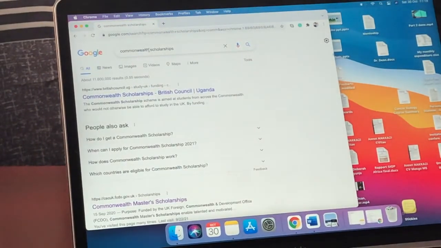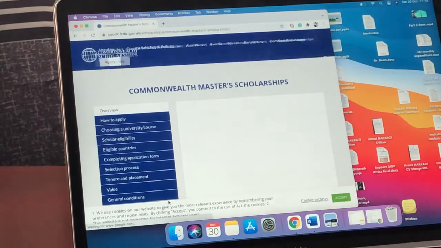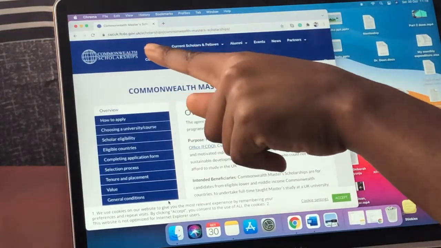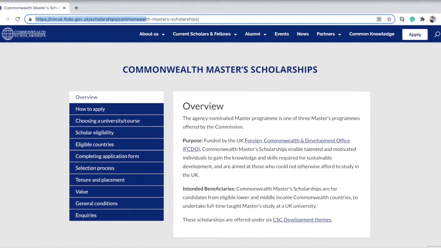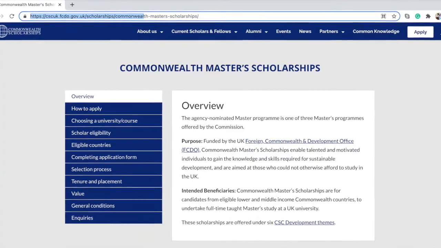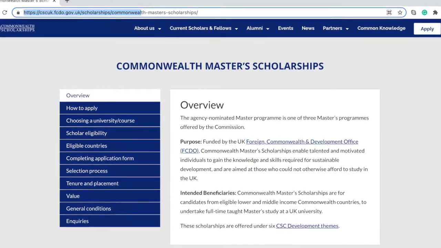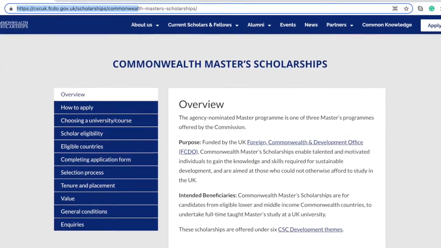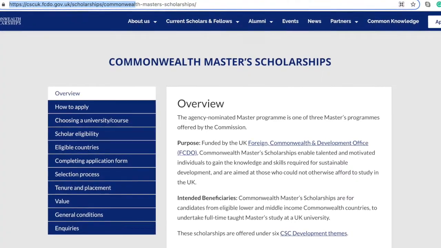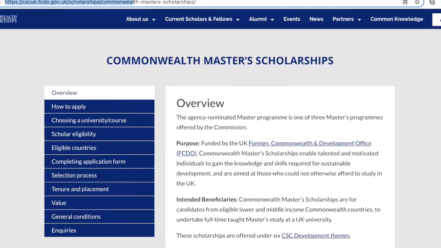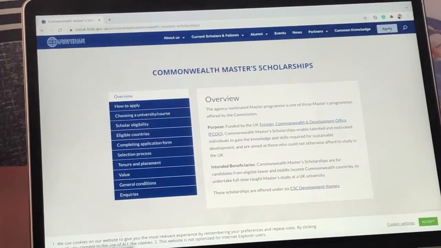We are going to click on Commonwealth Master's Scholarships, because you just have to go to the link that shows cscuk.fcdo.gov.uk, because that is the general website for these scholarships. Yeah, so they only show the guideline for master's scholarships.